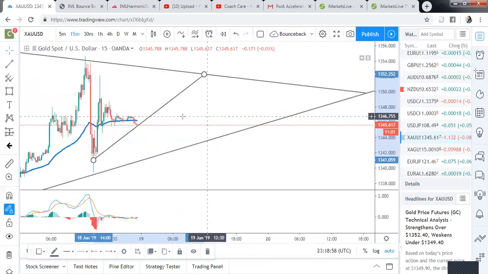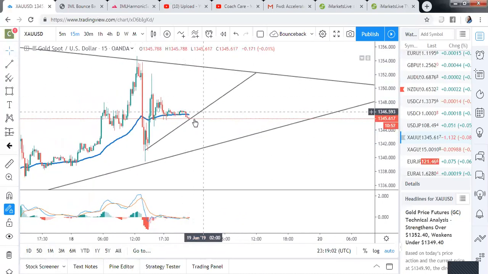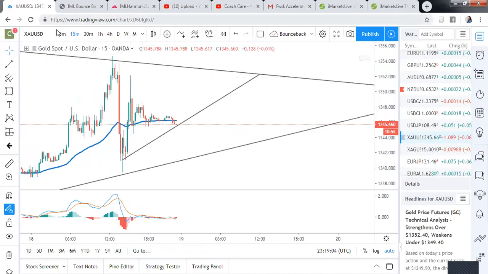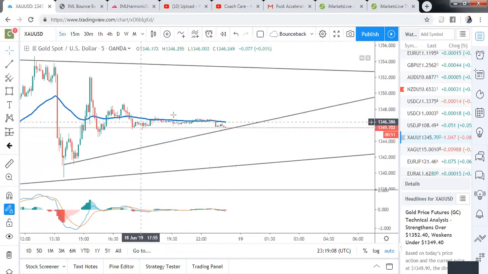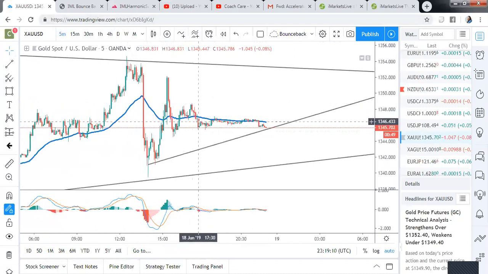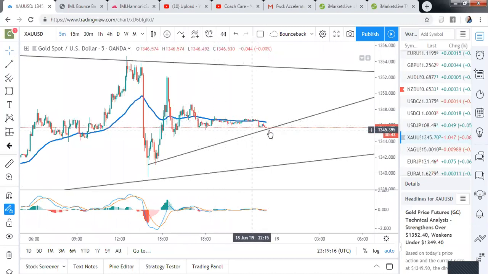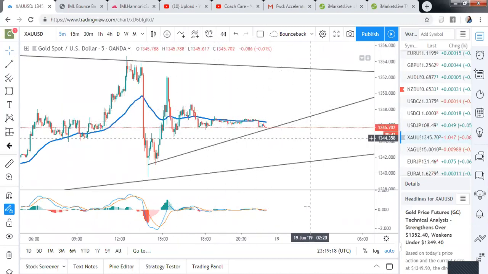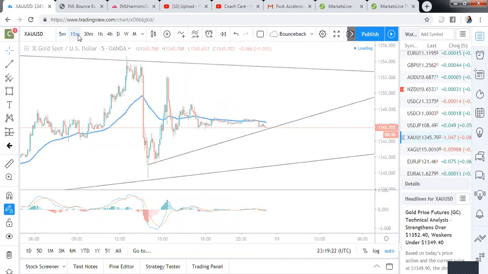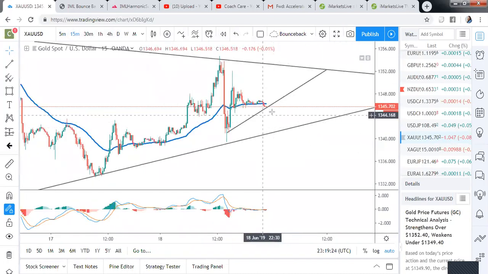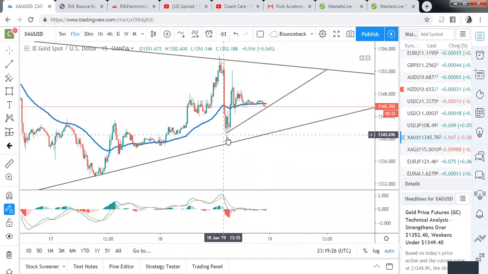Right now, as you can see, gold is actually going below the 50 moving average line. The momentum has not picked up as yet. If I come down to the 5-minute, we're still ranging within this zone, right? We would love to get hold of this range here, but we can't see anything on the MACD, so that's why I tell you guys, don't force the trade right now. I will wait until it breaks